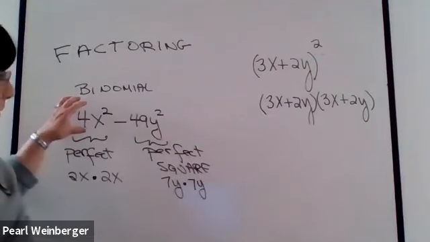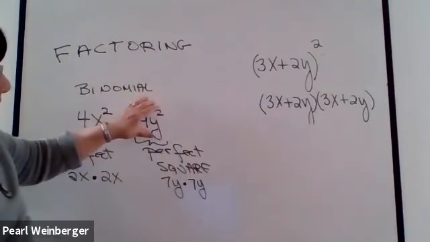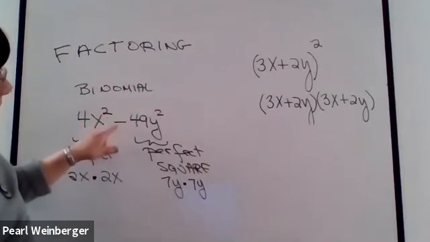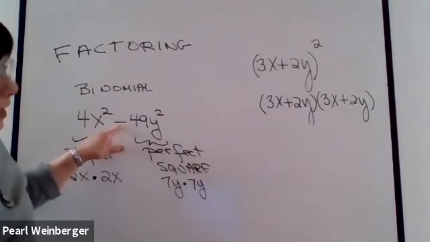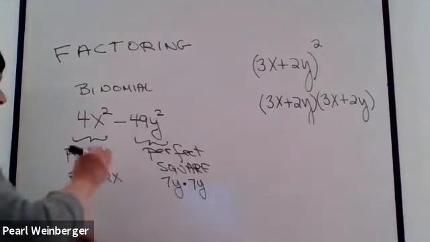So the first term has to be a perfect square. The second term has to be a perfect square. And the sign in between them has to be a minus. It's called the difference